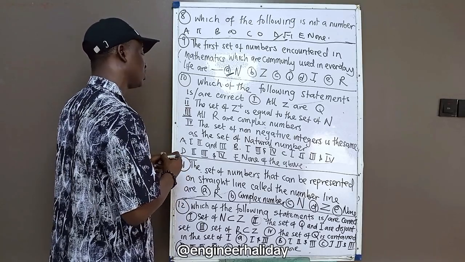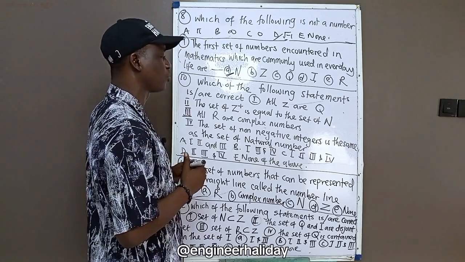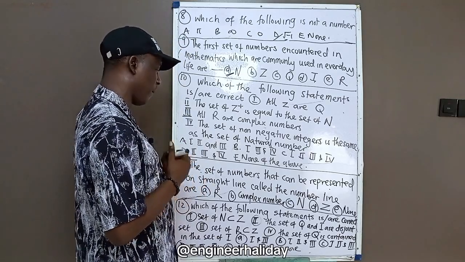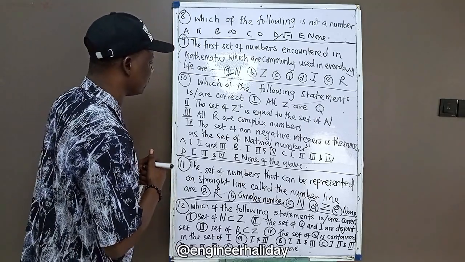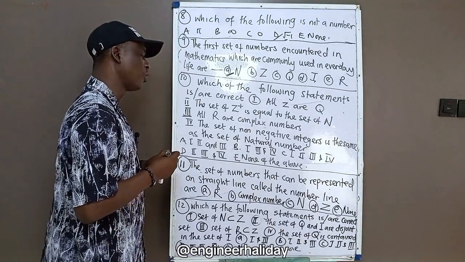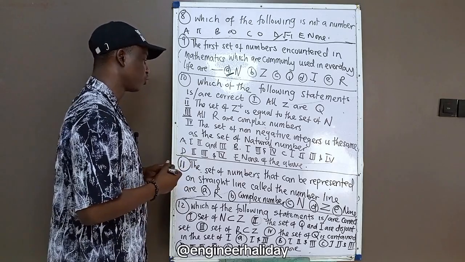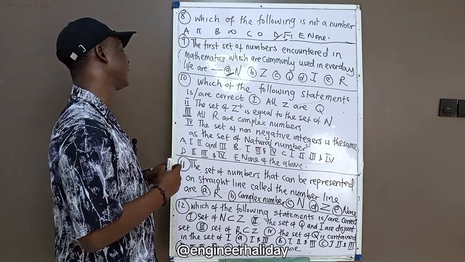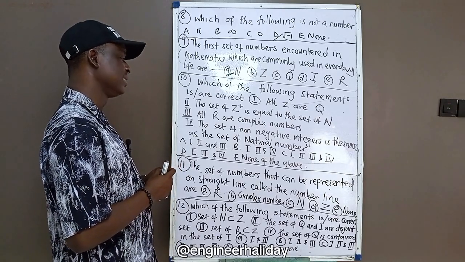Roman figure 2 says the set of positive integers is equal to the set of natural numbers. Yes. Roman figure 3, all real numbers are complex numbers. I think that one makes sense because real numbers are a subset of complex numbers. So it goes well. Now, the next one says the set of non-negative integers is the same as